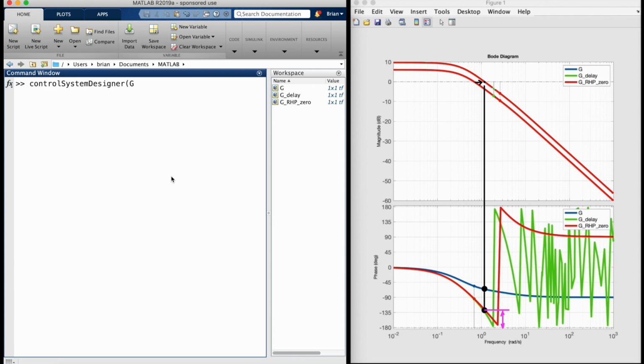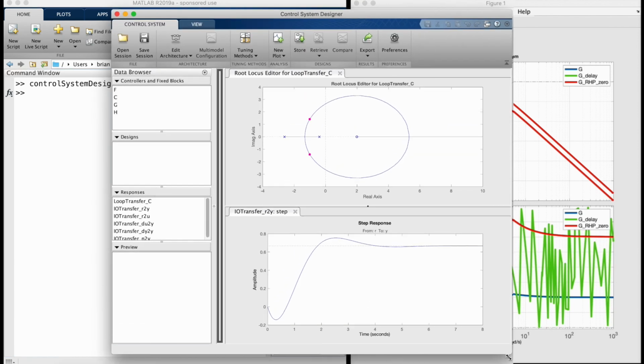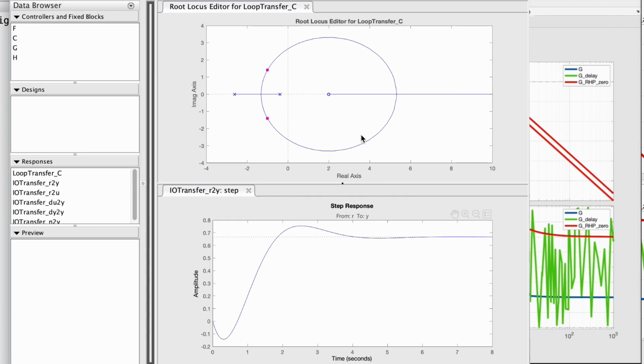Or if you prefer to work with a root locus plot instead, we can see the same phenomenon. As a root locus plot shows, as we increase the gain in the feedback loop, the closed loop poles travel from the open loop poles to the open loop zeros. And if one or more open loop zeros are in the right half plane, then as you increase the gain in the system, the closed loop poles will be dragged over to the right half plane as well, creating an